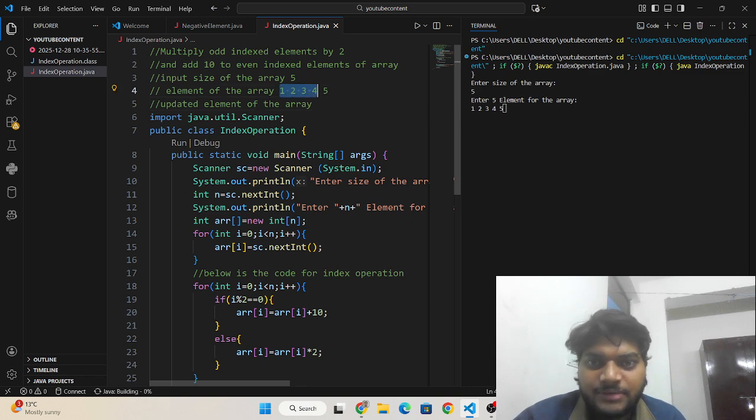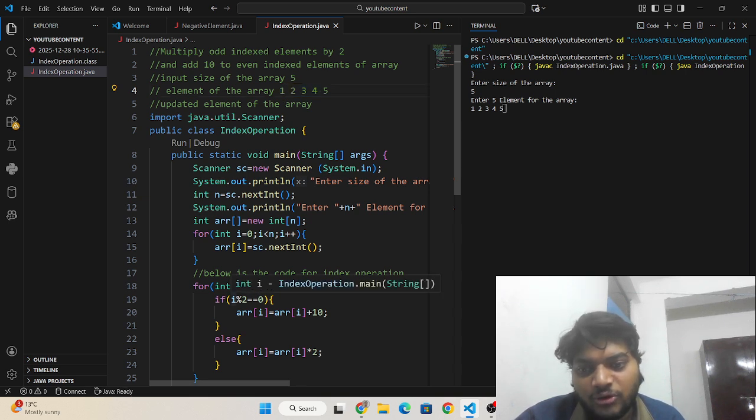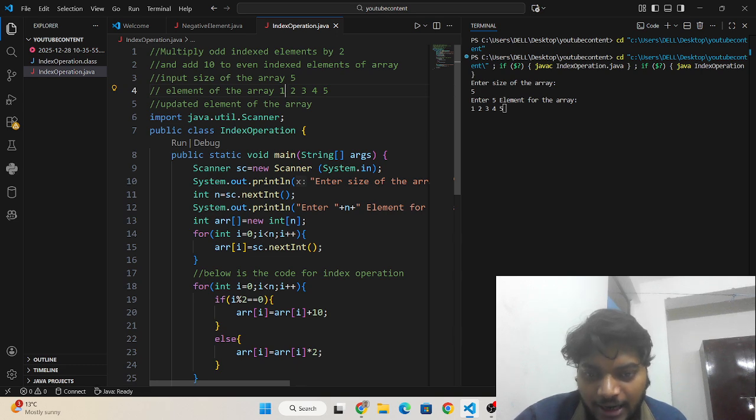See, the index in an array starts from 0 to n. So here it is 0 1 2 3 4. So 0 modulus 2 will be 0. So in an even index we have to add 10.